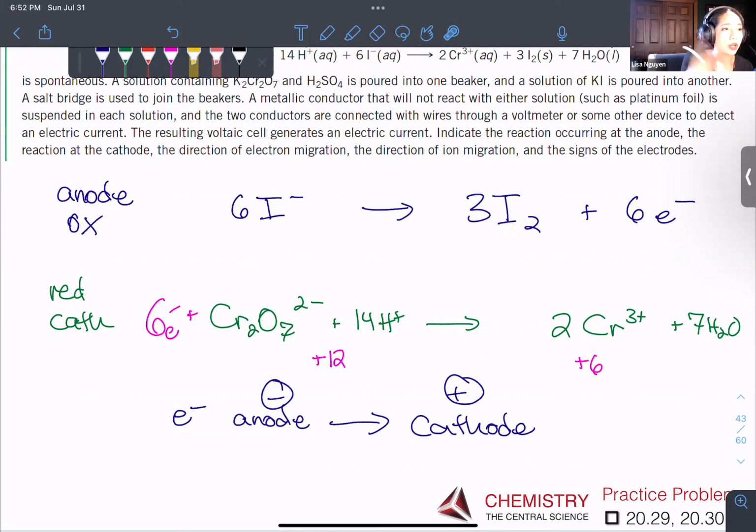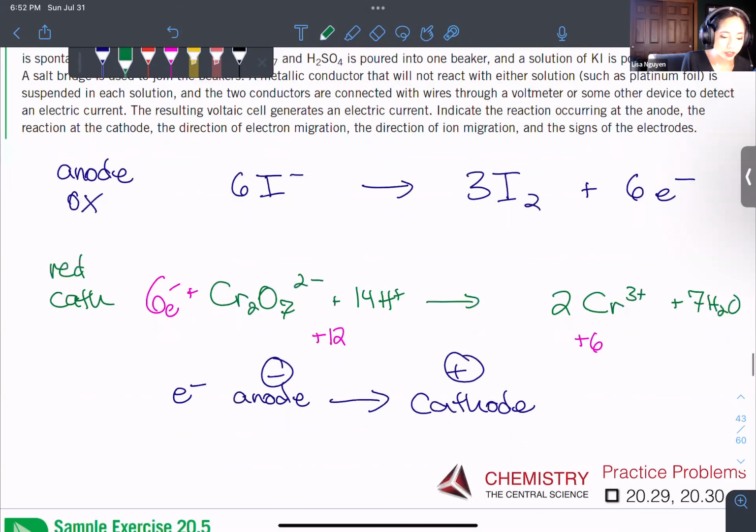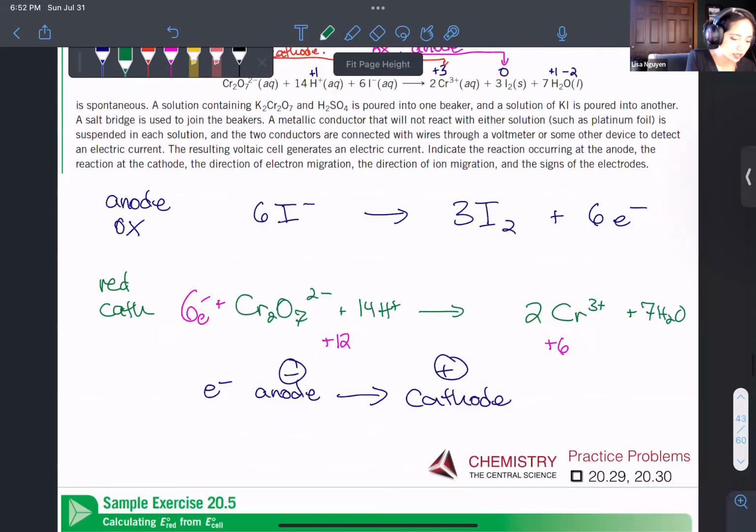So anions want to replace every anion that is consumed in this reaction. And that's basically true for all redox reactions, that anions in the salt bridge,